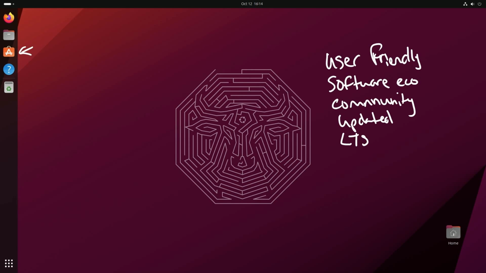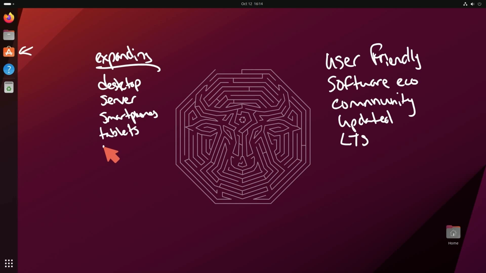With a big company behind it called Canonical, it has played a significant role in bringing users to Linux and giving it to a broader audience. A big thing that makes Ubuntu stand apart from the rest of the Linux distributions is its high focus on expanding to different markets, including things like the desktop, which we mostly use it on. It also has a big server environment space. Lots of people using it for servers nowadays.